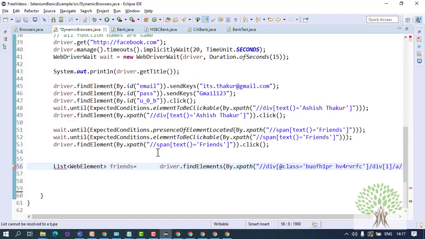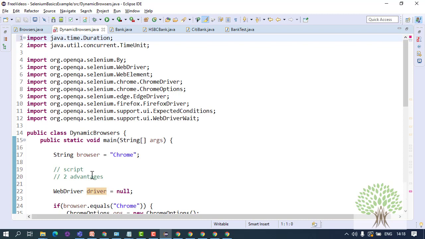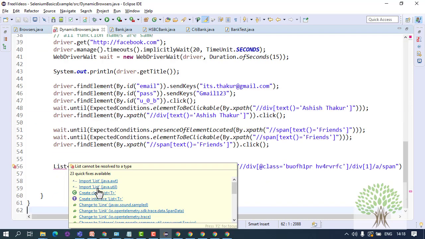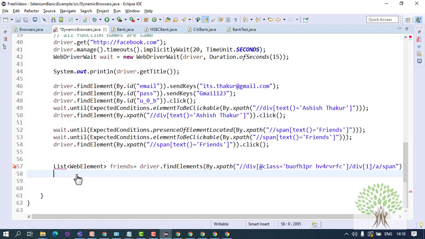Now if you look at this list and try to print the size of this list, let me import this list, and if I print the size it will give me the total number of friends, that is friends.size.